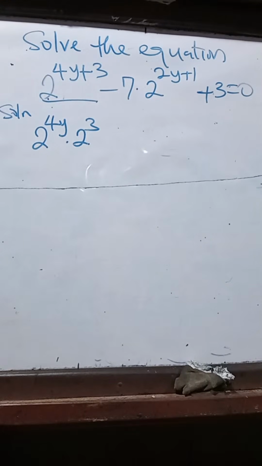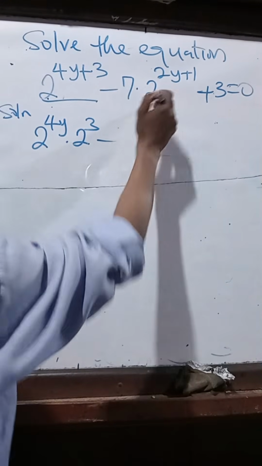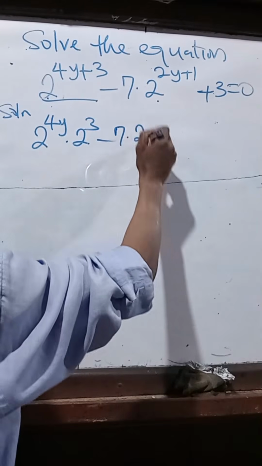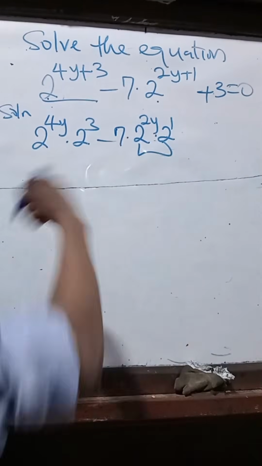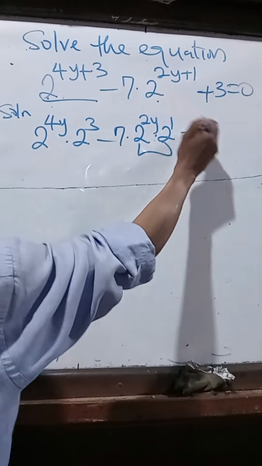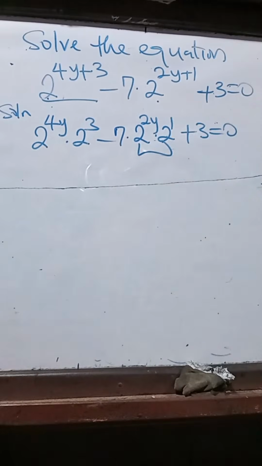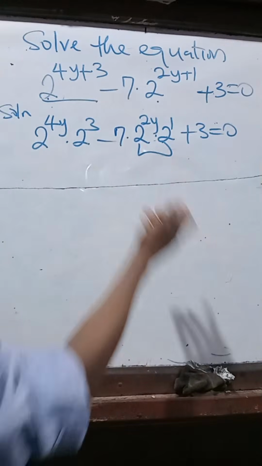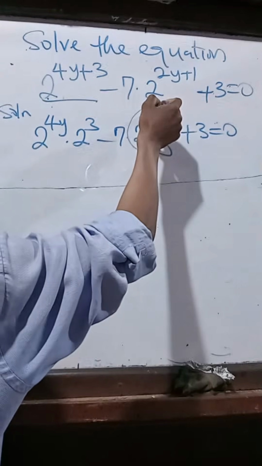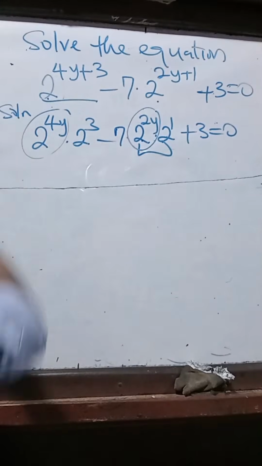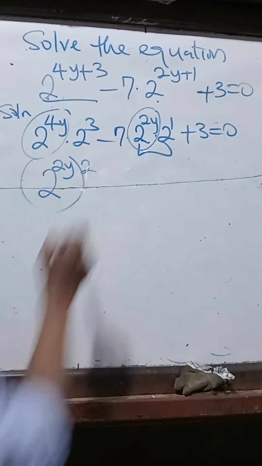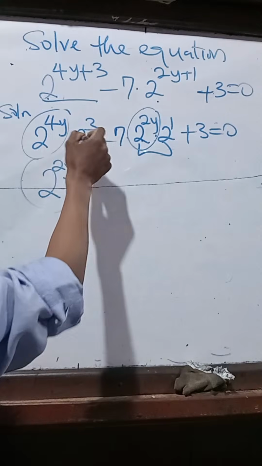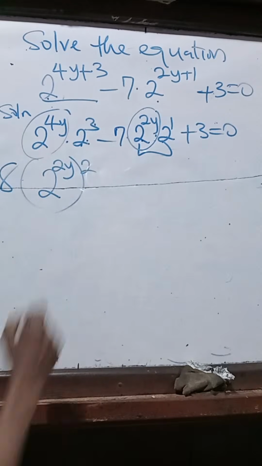Okay. So minus this one also implies 2 to the power 2y times 2 to the power 1, if you apply the rules of indices, to give you back that expression again. So that's what we have now. So what we are going to do is to look for a way to have this 2 to the power 2y in this place and also in this place. And that will be 2 to the power 2y times 2. And then this one, 2 to the power 3, is 8. And then minus 7,